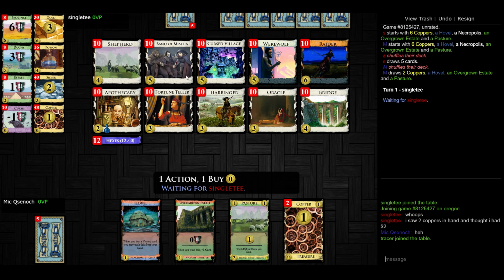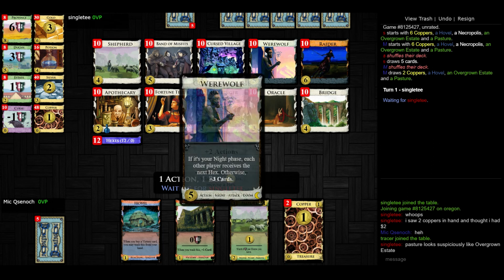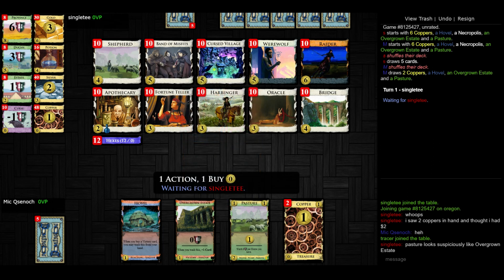So today, the new cards feature hexes. Hexes are like boons, but bad. So there's 12 effects that you receive randomly from various cards, or you give out to your opponent. So the two new cards we have here